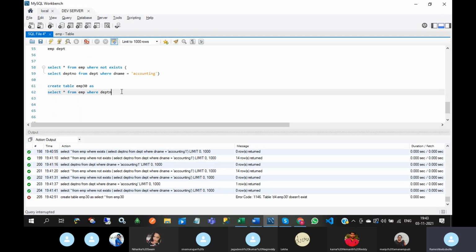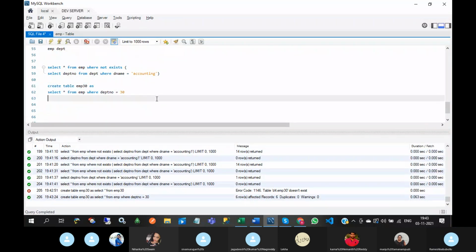So I am moving department number 30 records to the EMP30 table. What this query will do is first create the EMP30 table, then fetch the department number 30 records from the employee table and insert them into EMP30.